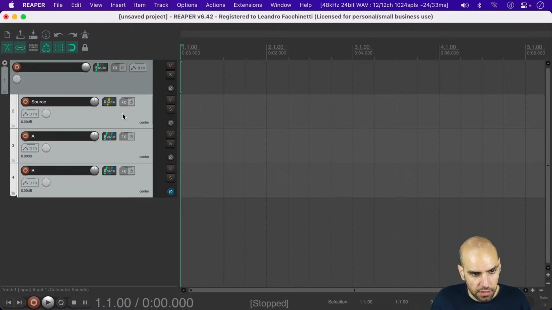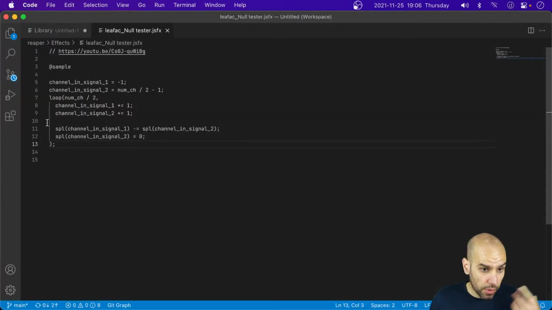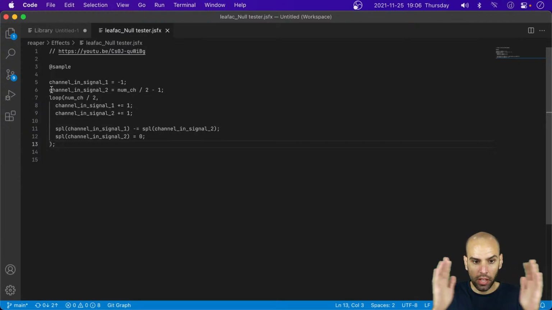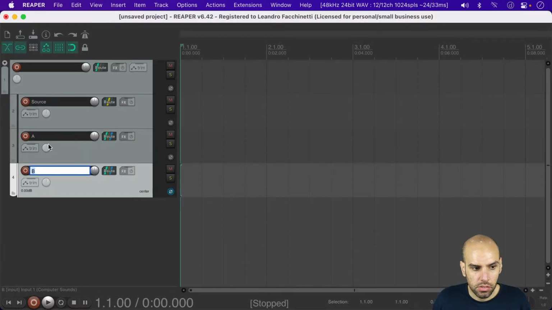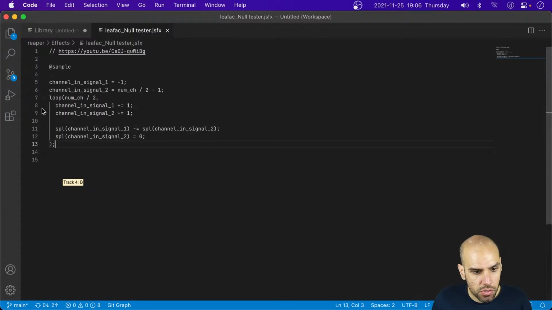Maybe we could have an effect that would... So the way this works, by the way, is that if you have like 4 channels on a track, the last 2 channels are one of the signals you want to test, like B. So channels 1 and 2 are A, channels 3 and 4 are B, and then this effect is going to subtract them. But we could put a spectrum analyzer right in there, an oscilloscope right in there, and